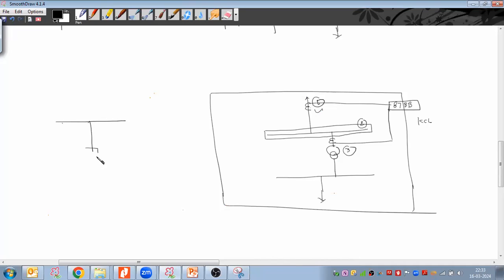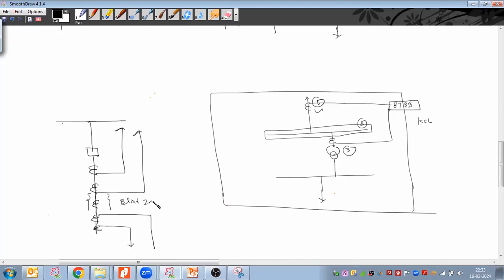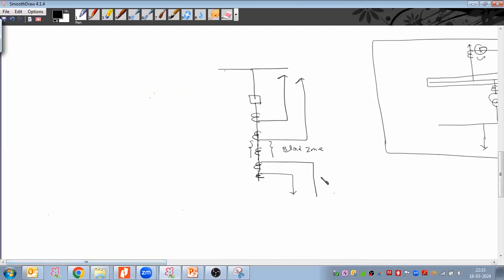If I'm placing CT like this, core 1, core 2, core 3, core 4, and core 5, this core 1 would be the bus bar protection zone. This CT is my bus bar protection zone, and this CT is my line protection zone. So this small piece of the conductor is coming under the blind zone, isn't it? Is that making sense? Yes. So to avoid this blind zone,